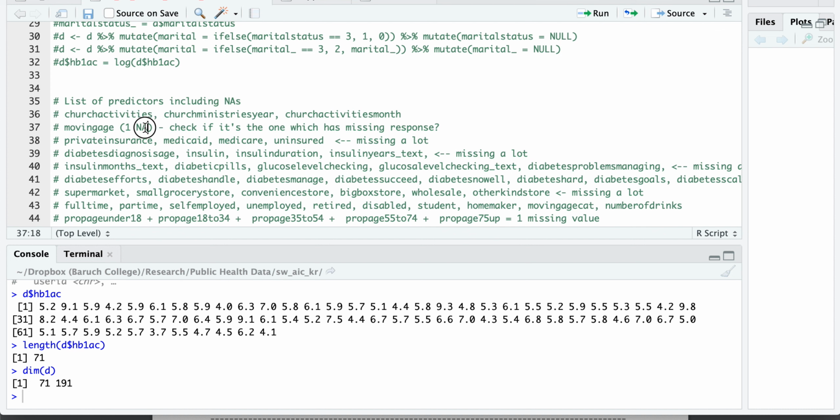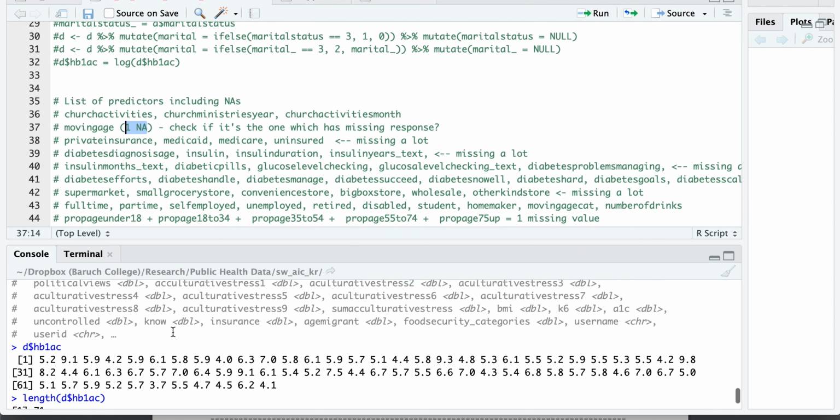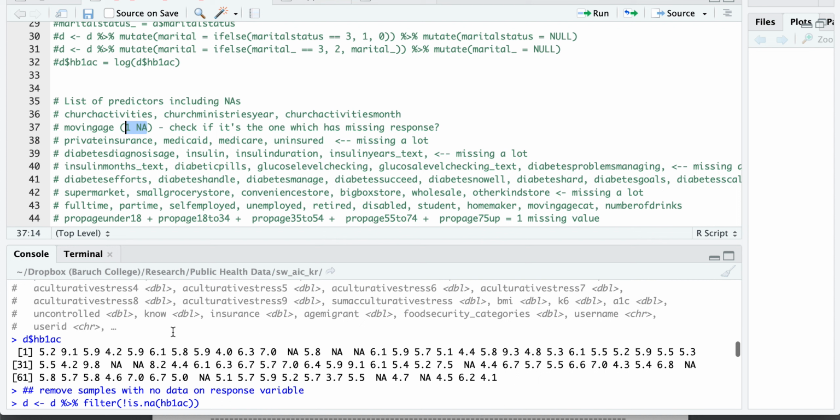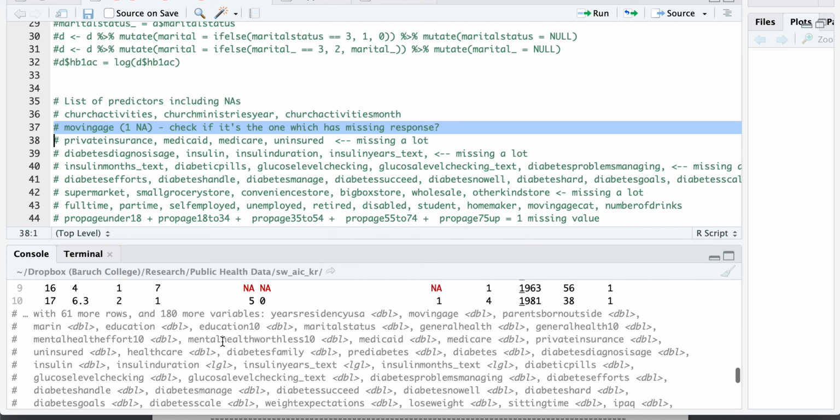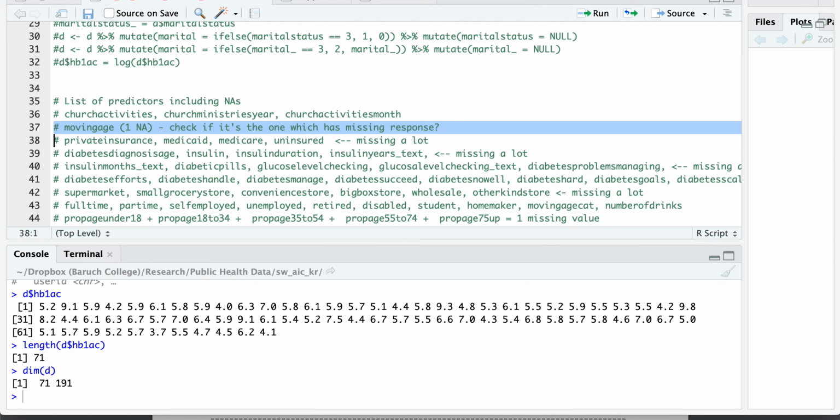And sometimes if there's only one missing value, I still remove it, but ideally you would look at that one missing value and see whether that coincides with one of these 10 missing values. So one missing value we might be able to deal with, and if it coincides with any of these, then we can keep it. But for now, for simplicity, we already have 191 predictors, so I will just remove any